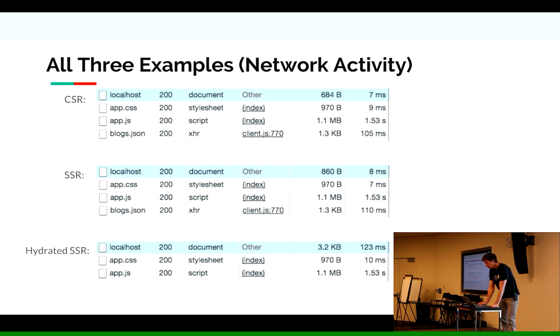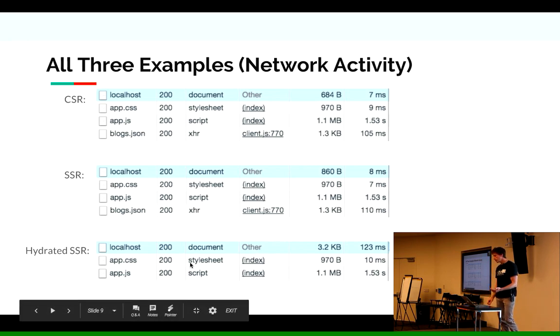And then once the application is executed by React, an API fetches your blogs, so you have an extra 100 milliseconds for that in this example. For your hydrated server-side rendering though, the document size is about 3 times bigger, and it